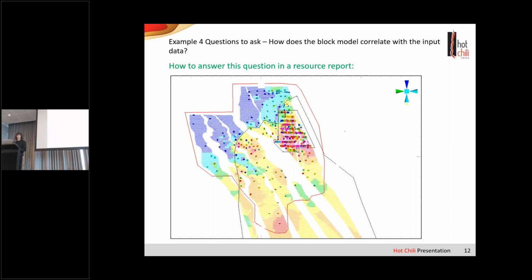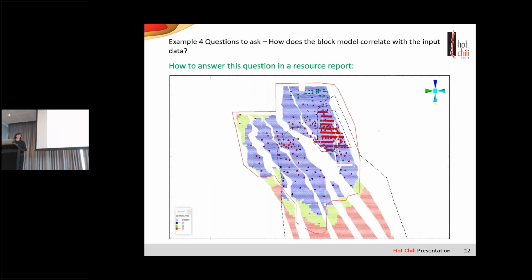So here are some examples of what you could do. Again, lots of pretty pictures. I deliberately left this gold legend off. But in this one, you can clearly see that the composites that are coloured the same grey as the model match reasonably well. The grade isn't spreading around. You can clearly see what kind of trend is present as well.